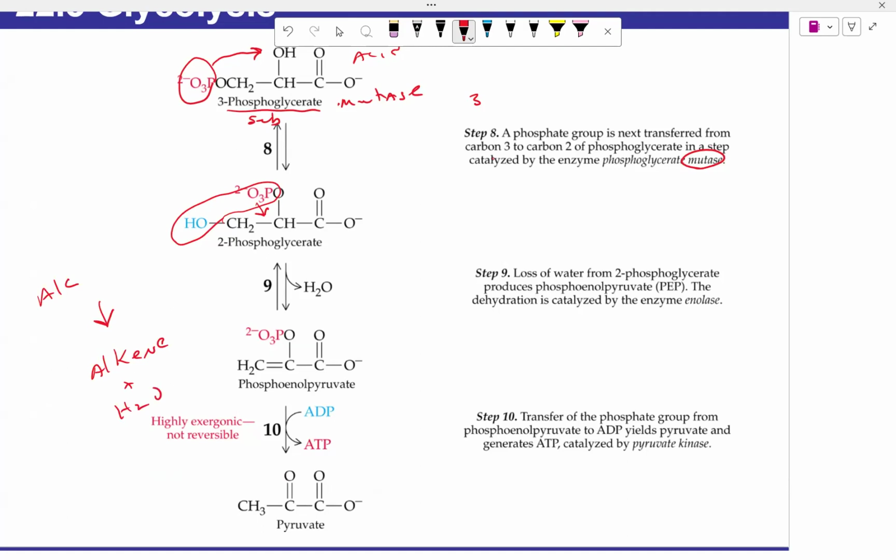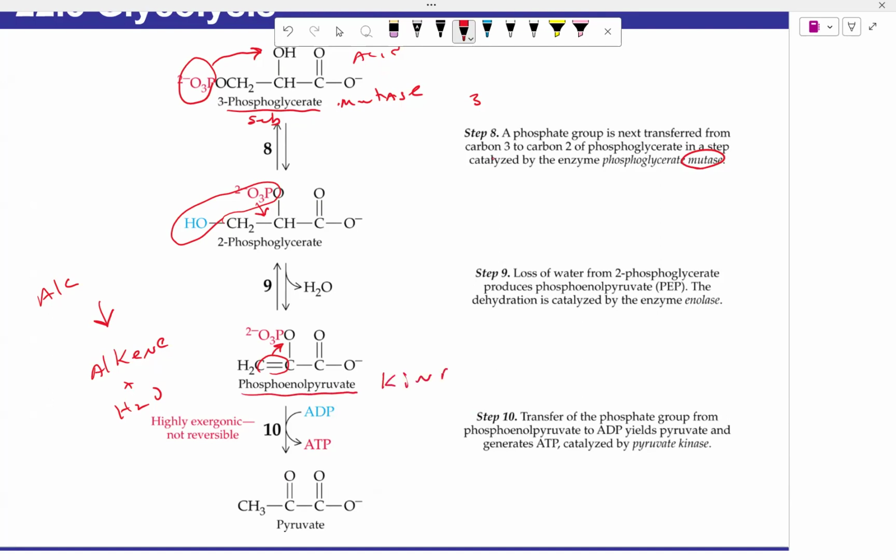So we're taking an alcohol, converting it to an alkene plus water. In that alcohol, you've got to have an OH and an H present on adjacent carbons. So what we do now is we're going to convert this guy into a carbonyl group. Okay, and then we have the second ATP form. So this is going to be, that's the substrate